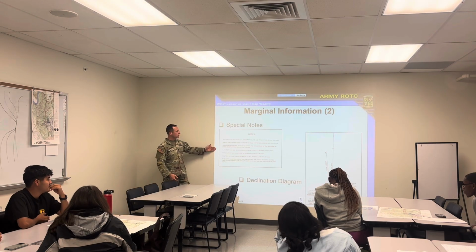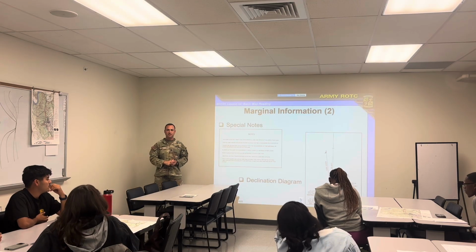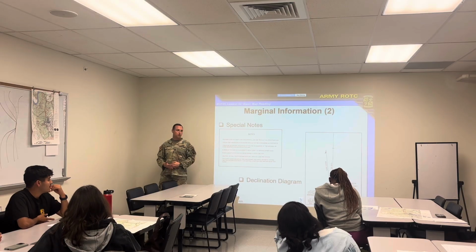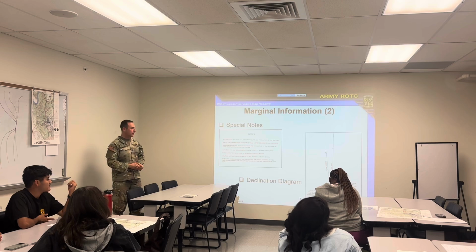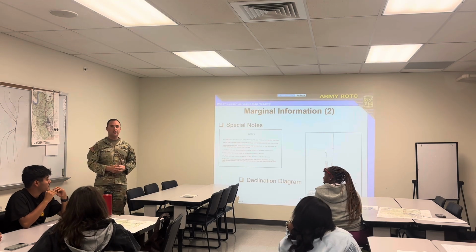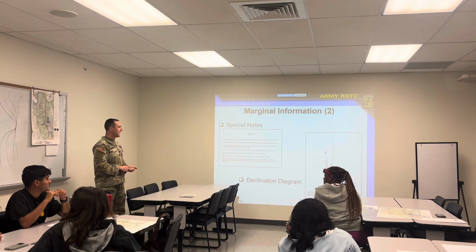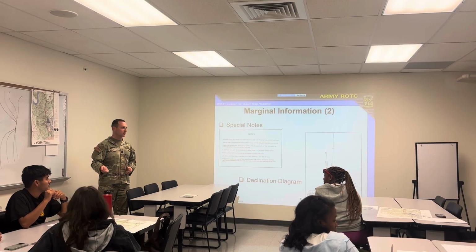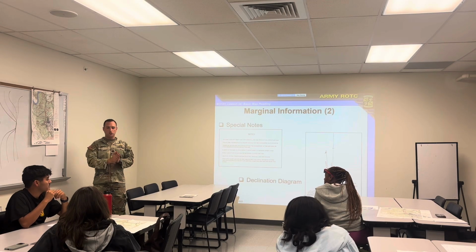So in short, it's just information about how the map is created and if there's anything we need to know about it, for example, we can't use this for legal surveys. We also have the declination diagram. The declination diagram goes over what we call declination, which is the change between true north, grid north, and magnetic north. We're going to go over all of that in the following lesson, but just know that between how north